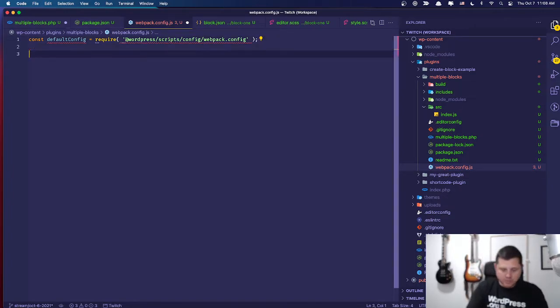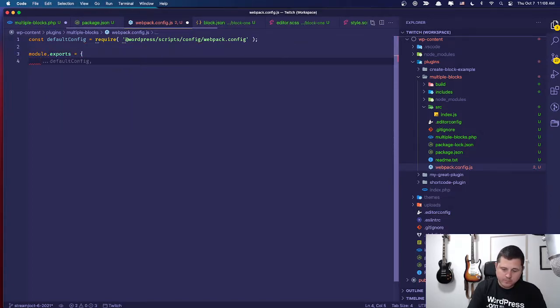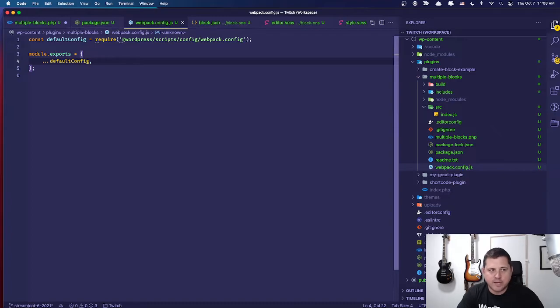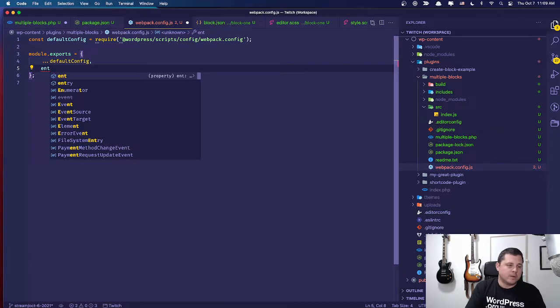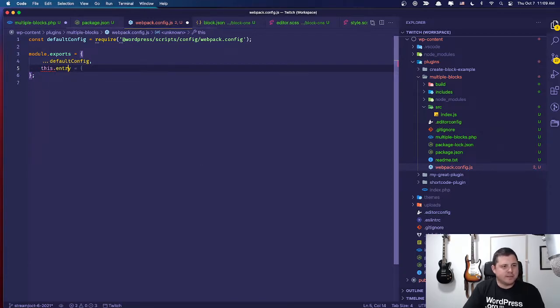right? And then we're going to do a module.exports. And what we want to do is say, just give me all the regular config that comes with scripts. If we just did this, it would function exactly the same way as it does now. There's no change. But what we want to do is customize the entry, right? And so we're going to do